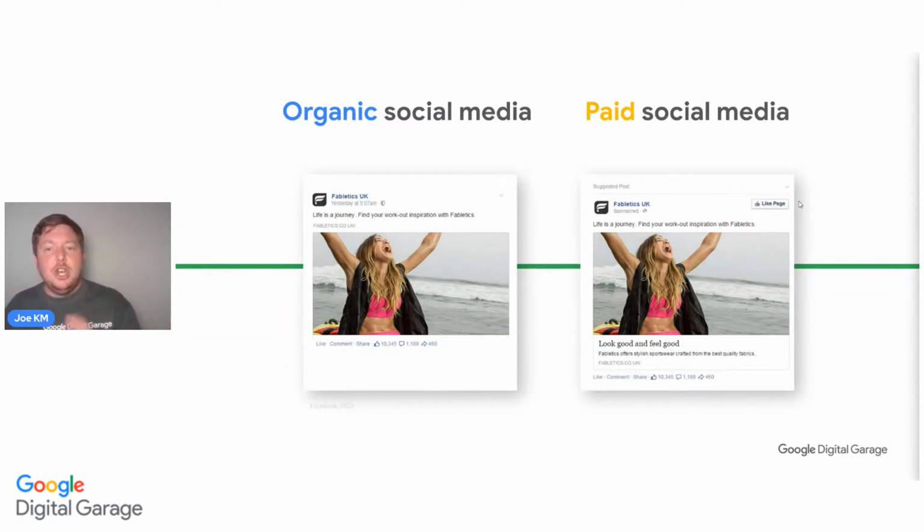So here are two very similar things. Now we've got a bit more content, look good and feel good, but we also have a button like this page. So in my eyes, you're far more likely to have someone clicking on the like button because they're interested in this. Let me like this. Let me read into it. And your sphere of influence will then grow. When on the left, they have to click on the page and then find the like section to like that page. So paying for it gives you more options, makes functions easier to actually do, and gives you an option that's going to optimize what somebody can do with your content. So consider this, this is why we spend time doing this, because paid search gives you more options and a greater level of influence on your end users.